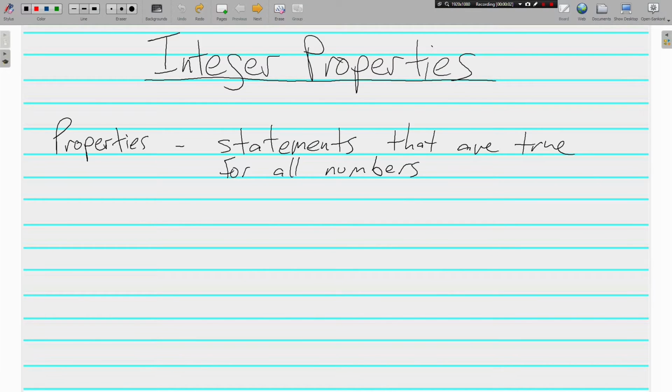Here we go. This is Mr. Tipton, and we are looking at integer properties today. Three different properties. Properties are statements that are true for all numbers. When you were in elementary school, you learned several different properties. You may not have known they were called properties, but you do know from elementary school that if you take